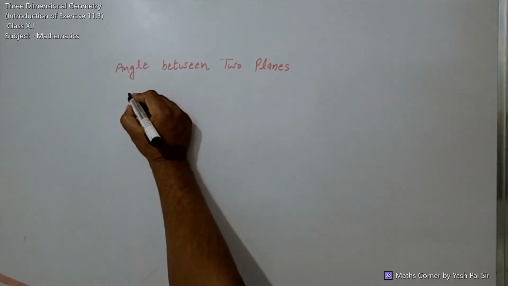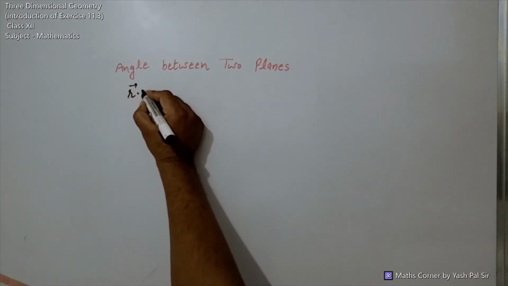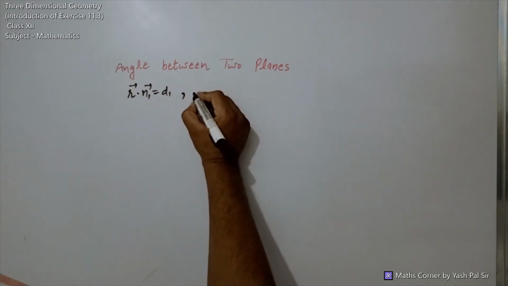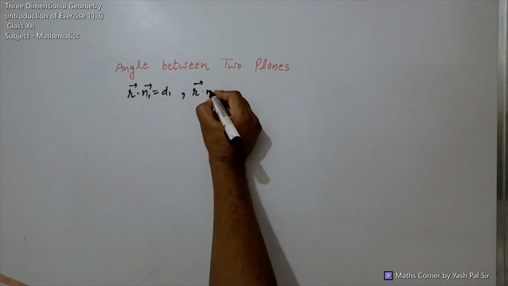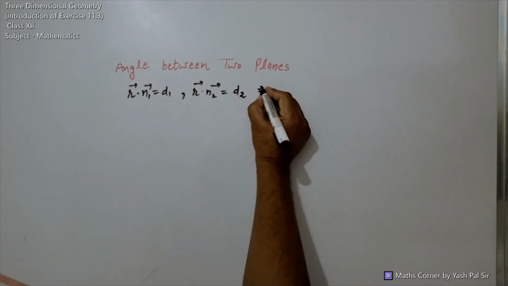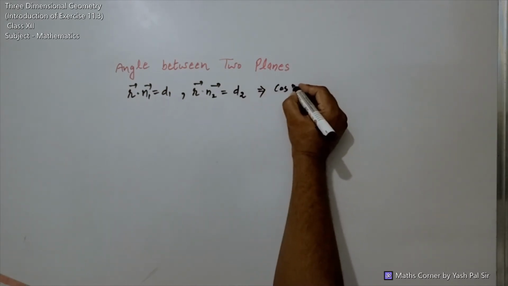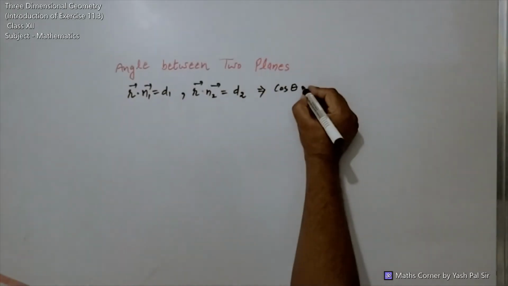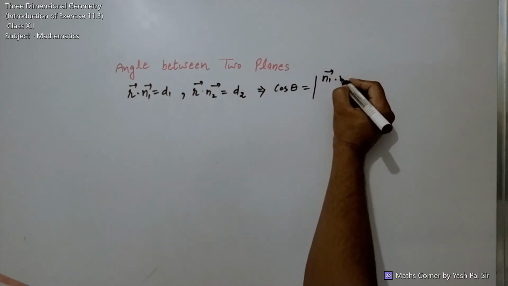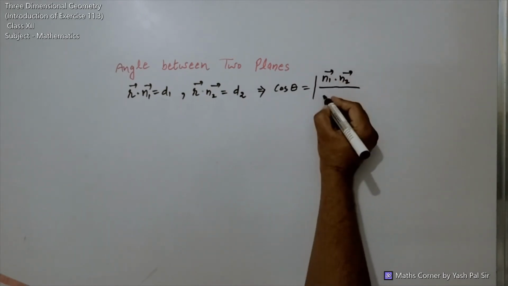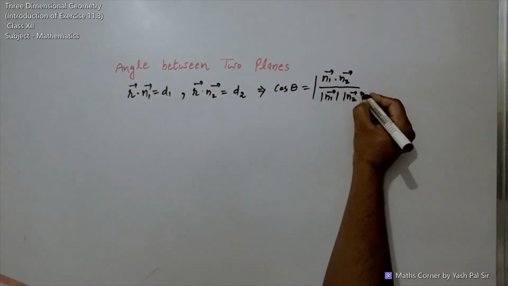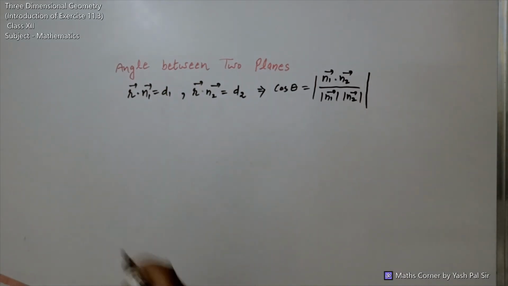Next we have how to find the angle between two planes. Suppose the very first plane is vector r dot n1 is equal to d1, and the second plane is vector r dot n2 is equal to d2. Then if theta is the angle between the two planes, we write cos theta is equal to n1 dot n2, divided by the magnitude of n1 into the magnitude of n2,